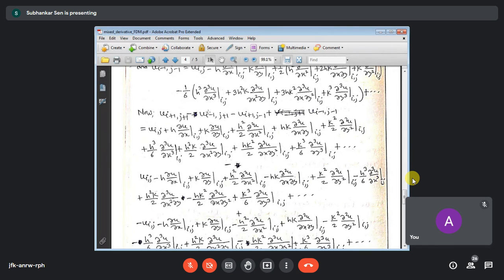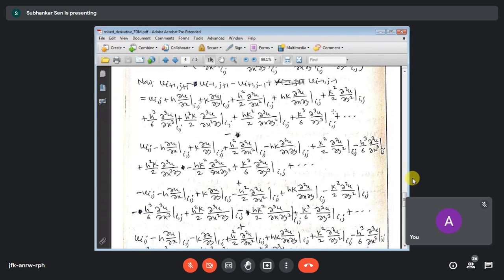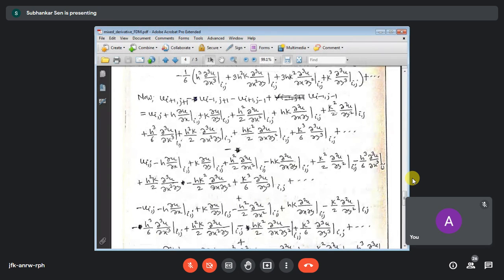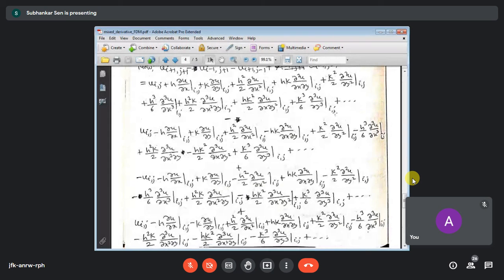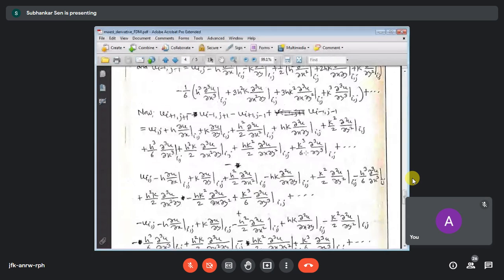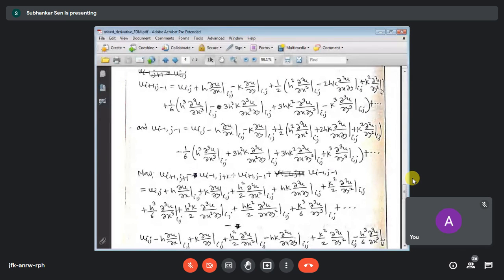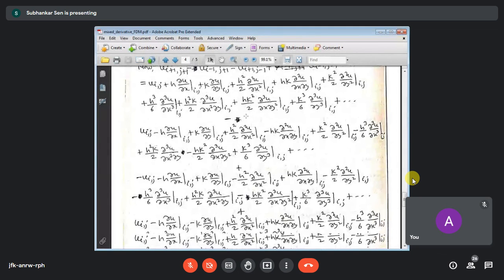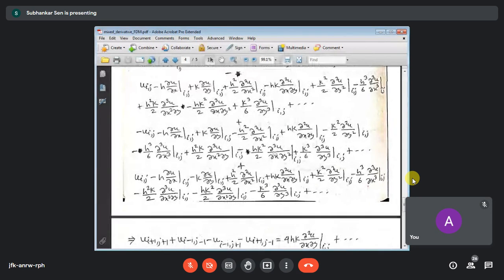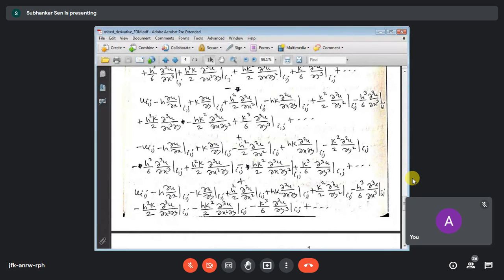The U i minus 1, j plus 1 expansion, whatever we got, we have written here. After that, we have the plus, we have the minus sign, but I have written the plus sign here. This term I have written as U i minus 1, j minus 1. Maybe I made some small mistake in this write-up. But my point is that 2 minus and 2 plus, and you know the expansion, so carefully perform the simplification. If you find that I made some mistake in putting some signs, that is not important. Important is that you should practice it by writing, and you should derive it. Okay, you can do it.